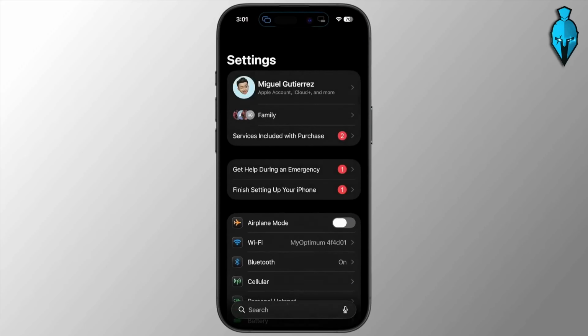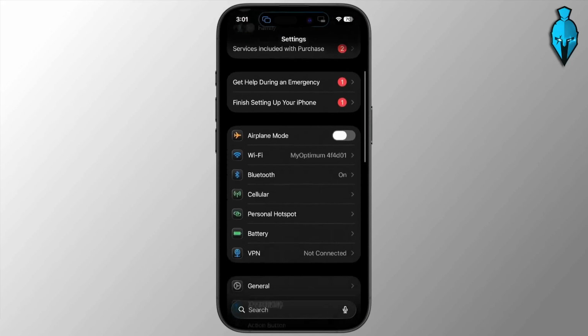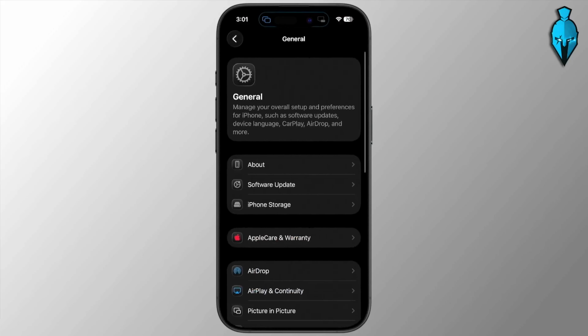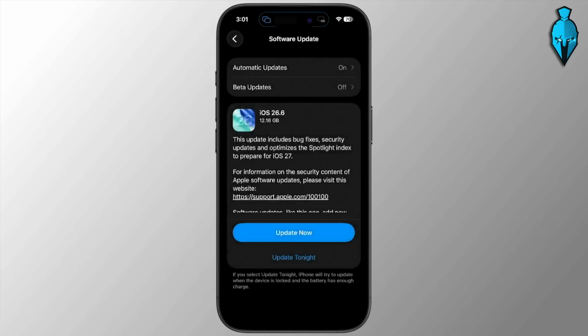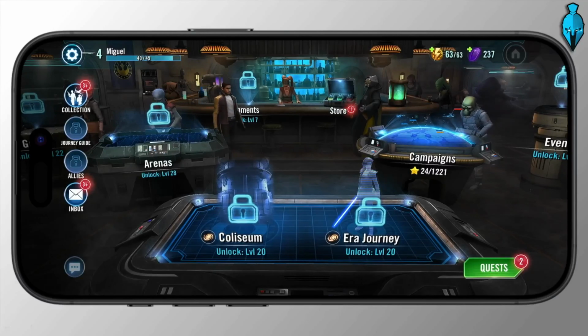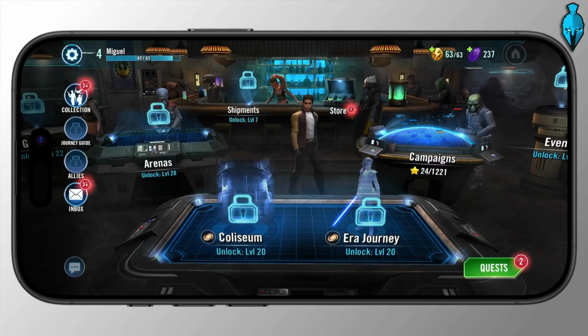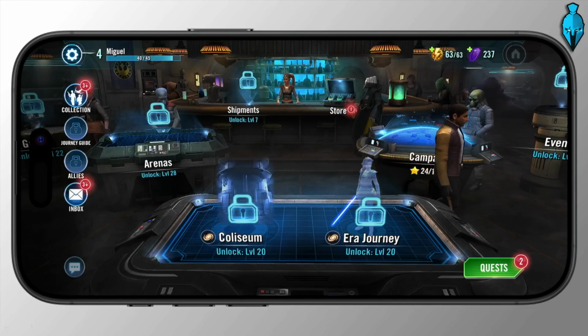You should also open your iPhone Settings app and go down, select General, tap Software Update, and install any available iOS update. If the game still crashes, confirm your account is linked to Game Center or an EA account, then